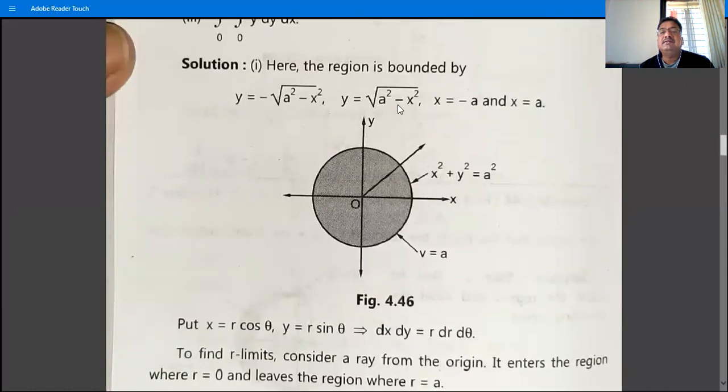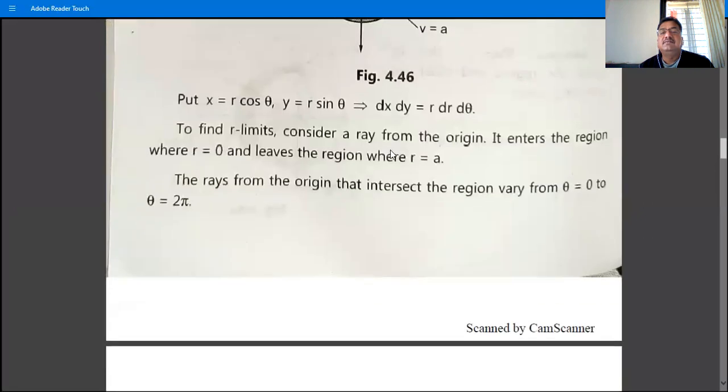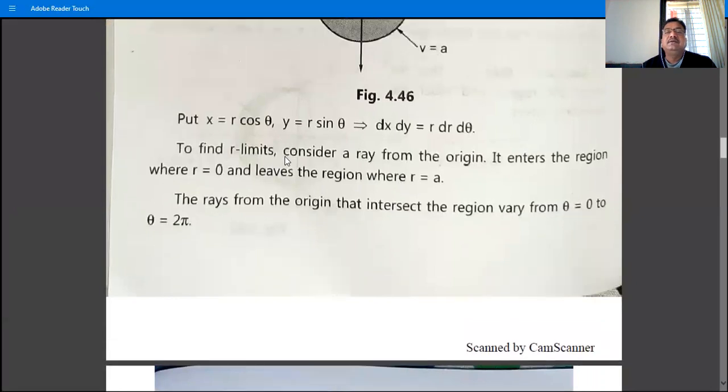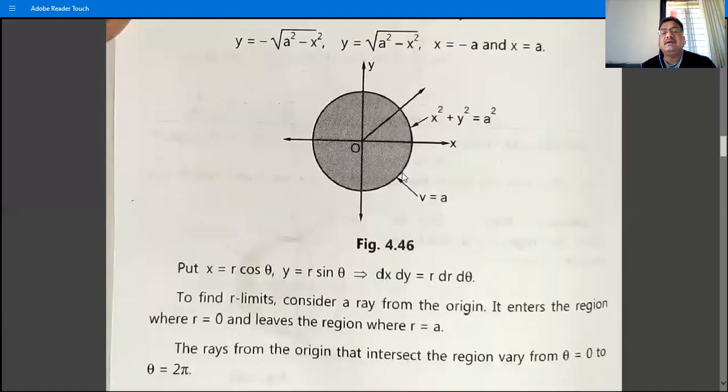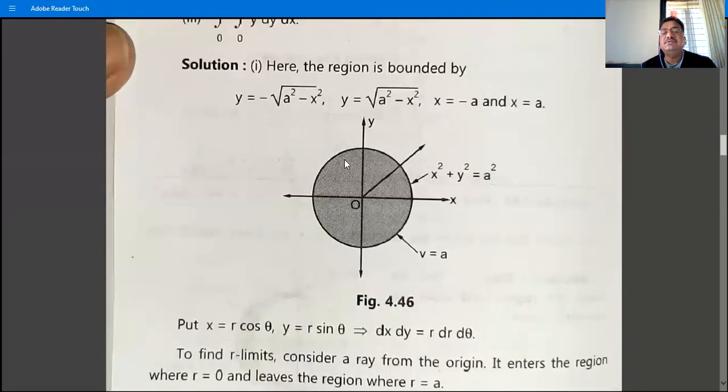Here the radius is a, so r runs from 0 to a,